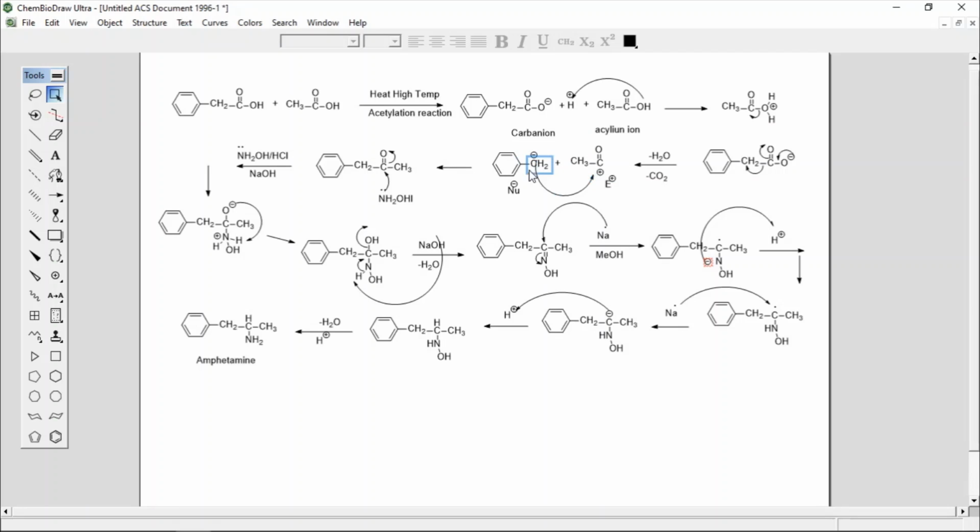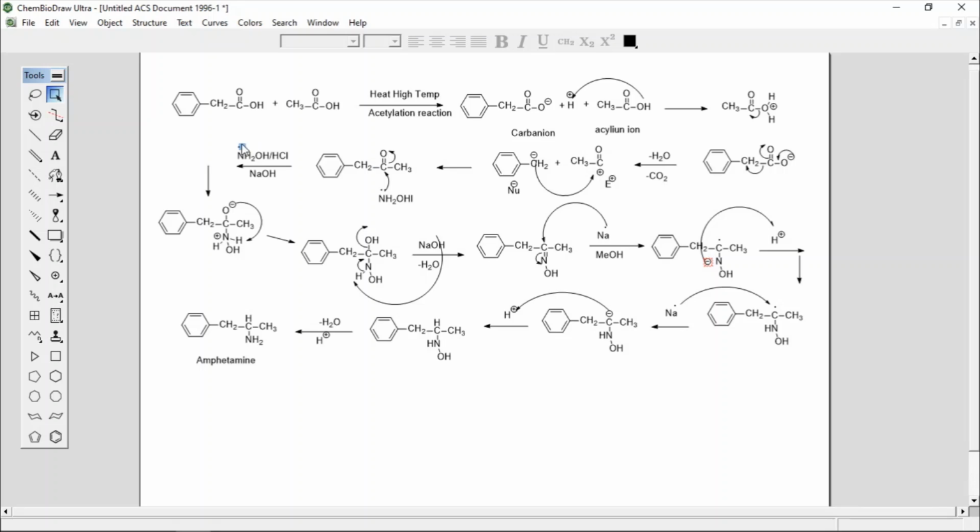So this will act as a nucleophile, and this will act as an electrophile. So remember one thing: in organic chemistry the arrow will be only from nucleophile to electrophile. So this is the arrow notation. This double-headed arrow is used to represent the movement of two electrons. So this CH2 has two electrons. It shows the movement of two electrons. It attacks on this and forms the bond. That is, you will get phenylacetone, benzene CH2 C double bond O CH3.